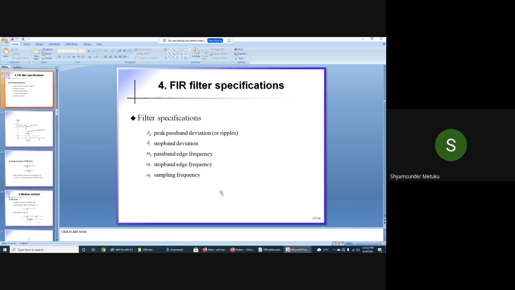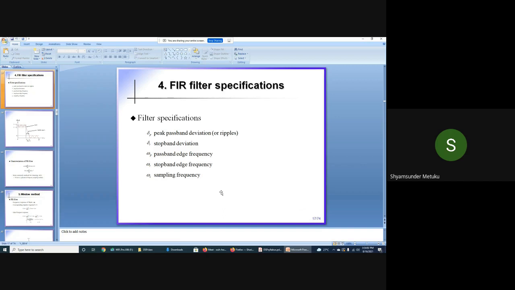Now, in the examination or in real time, if you are in a company, somebody would like to come to you and ask you to design a filter for them. When somebody wants some service from you, they should give some specifications, no? Without giving a specification, can any designer or developer give service? It is not possible, isn't it? Similarly, you are working in a particular project where you are in need of a filter. To design the filter, you need some specifications, generally called specs.